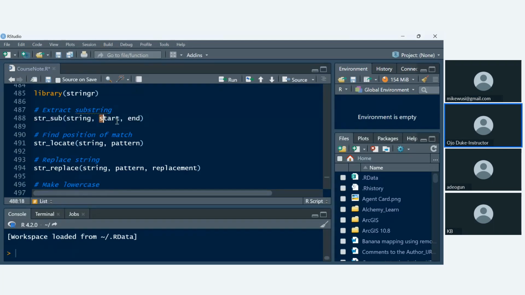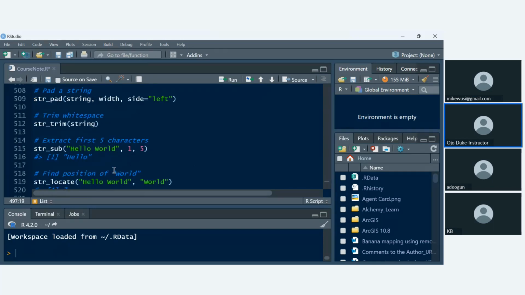If you are substringing, you give the particular string you are trying to substring, the beginning position, and the end position. Let's look at an example. Here you're substringing the string hello world, and this is how you give the arguments. Number one is the start position, and 5 is the end position, meaning that I want to cut from the first character to the fifth character. And if I run this,